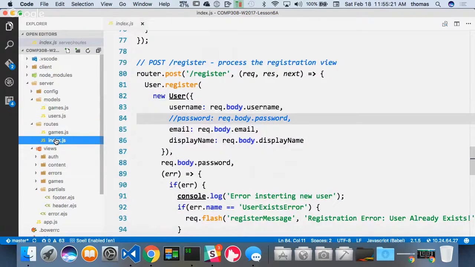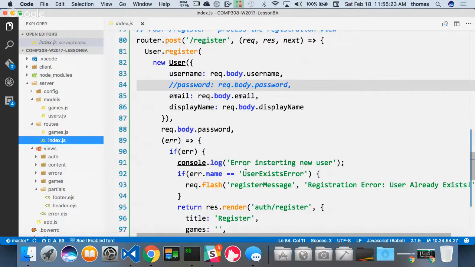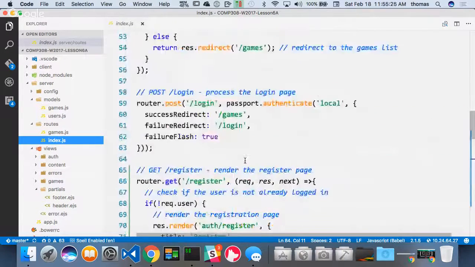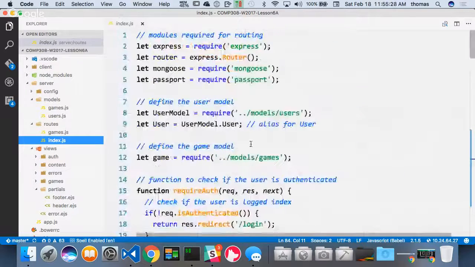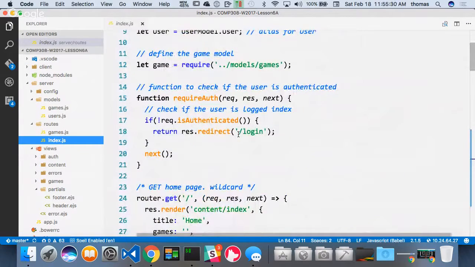So if we go to my route, notice that inside the routing itself, if I go to my regular page, my front page,